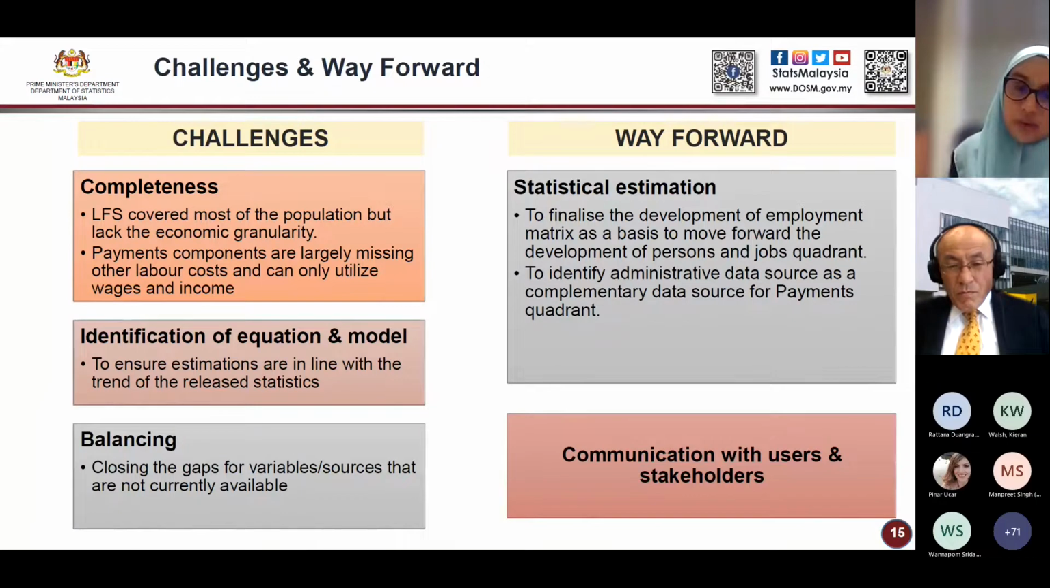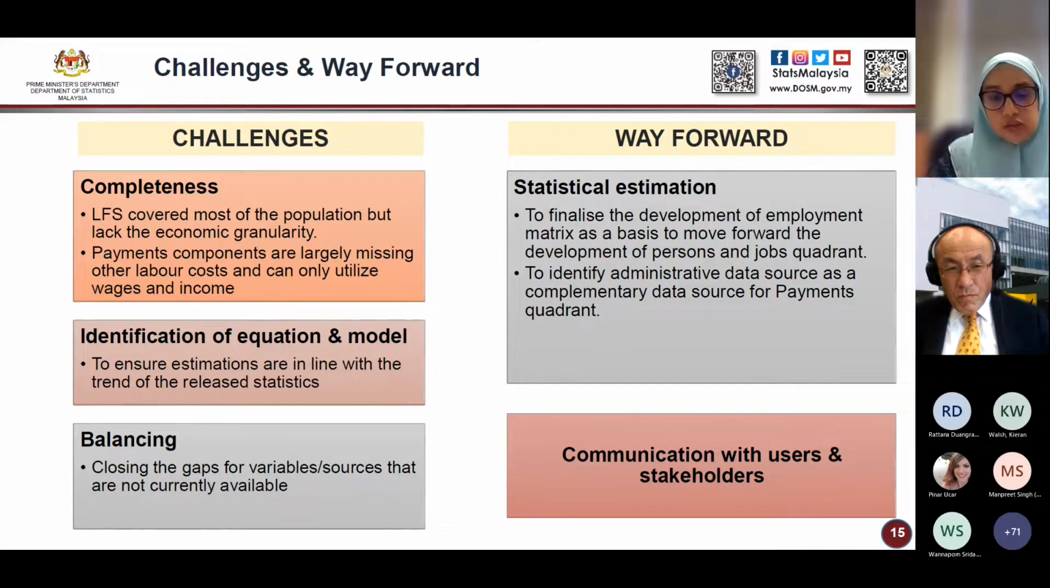Right. So when we are doing this, as I shared just now, we encountered some of the challenges. Basically, one of them is in terms of the completeness. LFS covered most of the population but lacked the economic granularity. Therefore, we know that we can identify most things in the persons quadrant, but in terms of the accuracy of what we identify for persons